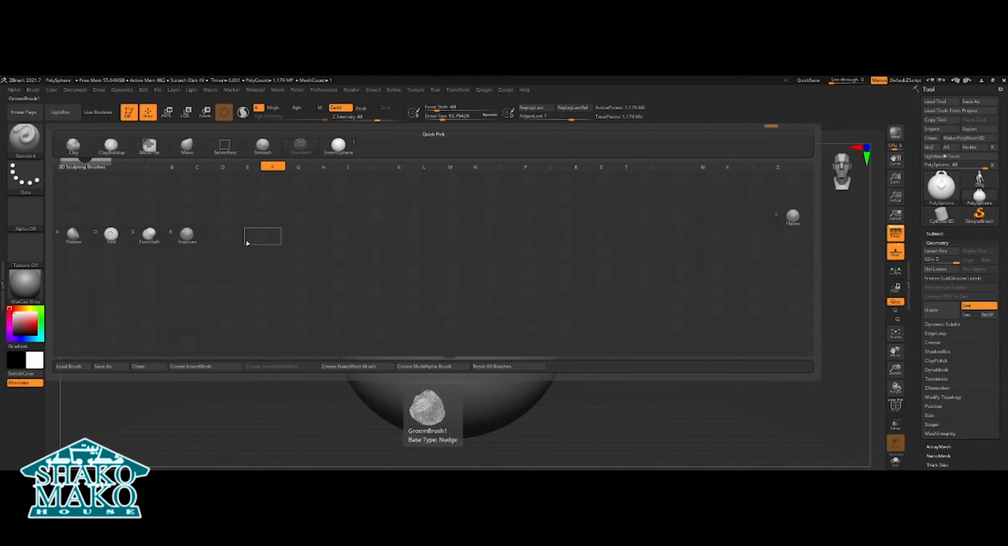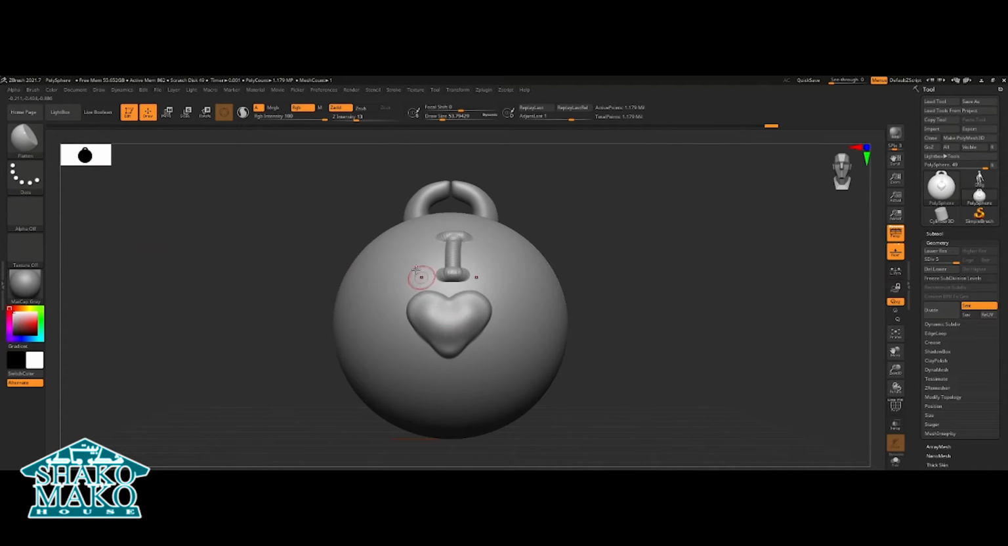So I'm going to click F, flatten, and I'm going to expand my brush a little bit. There we go. There, I'm going to smooth it. Click Shift to smooth it out. There we go. So I love,